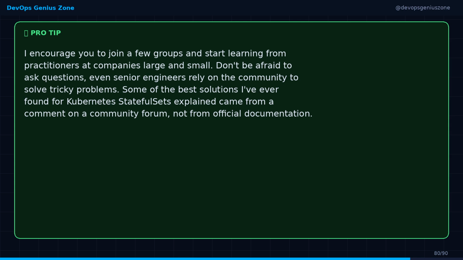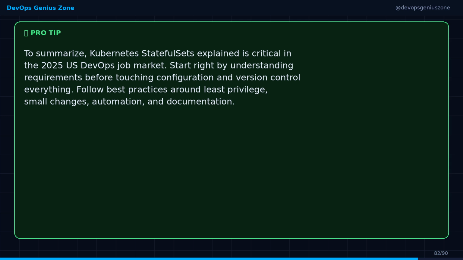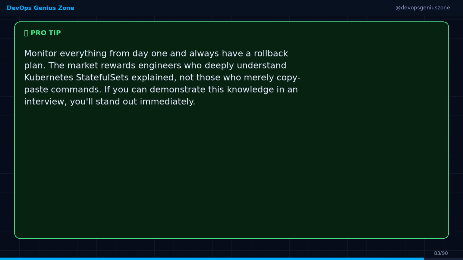There are dedicated Slack workspaces, Discord servers, local meetups, and global conferences like KubeCon, re:Invent, and HashiConf. The DevOps community in the US is incredibly welcoming and always willing to help newcomers. I encourage you to join a few groups and start learning from practitioners at companies large and small. Don't be afraid to ask questions. Even senior engineers rely on the community to solve tricky problems. Some of the best solutions I've ever found for Kubernetes StatefulSets explained came from a comment on a community forum,